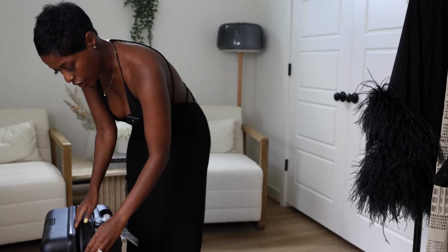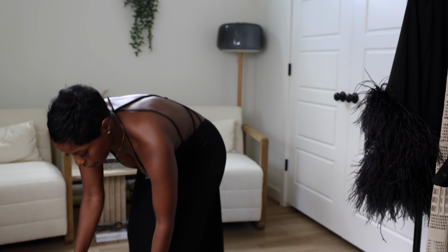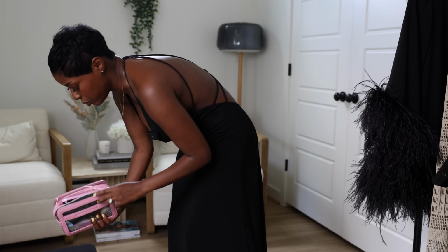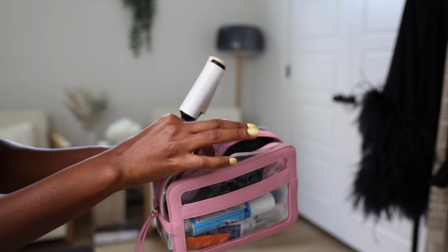Just got this one from Base. I really like it. It's a little bigger than what I had before and has lots of nice compartments on the inside. Oh, I mentioned this in a video before. My fashion toolkit